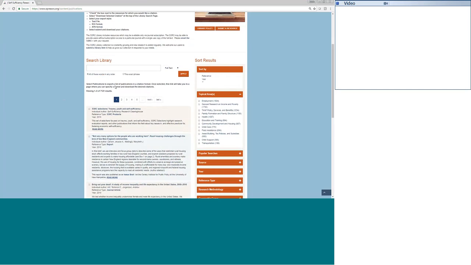We review for what we call a fatal flaw review to make sure that the documents meet identified standards of what we call good research. I used air quotes there. So things like the literature review has citations in it, and the findings that the author says in the conclusion are actually backed up by the data they provide. So the key here is that this collection only includes materials around improving self-sufficiency of low-income populations. So we include research on the quality of childcare, but only as it relates to self-sufficiency.